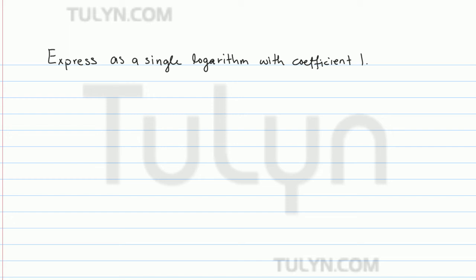Express as a single logarithm with coefficient 1: 3 times log base 5 of x plus log base 5 of y minus 2 log base 5 of z. Now the first thing we should do is simplify each of these terms, and so notice that for the x